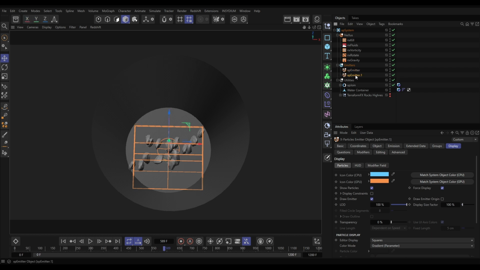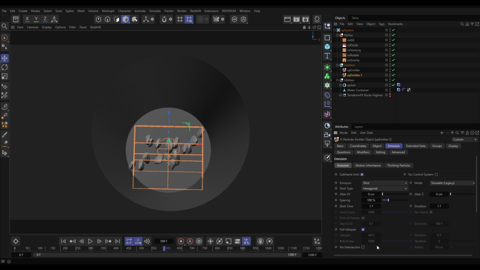And with this second emitter, let's go to the emission tab, and we don't want this to emit on frame 1. We want this to emit somewhere around here. We could say frame 589. That's fine. Let's go frame 589, something like that. Okay, so let's have a look at our new sim then. So we've got our original splash